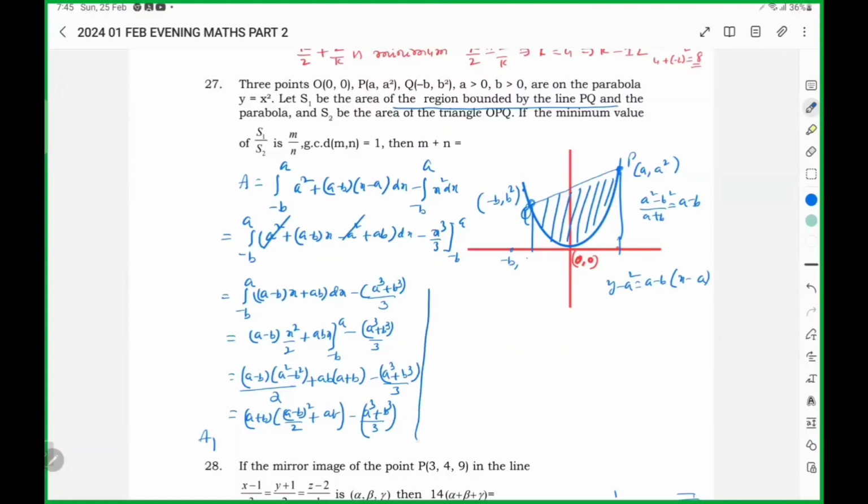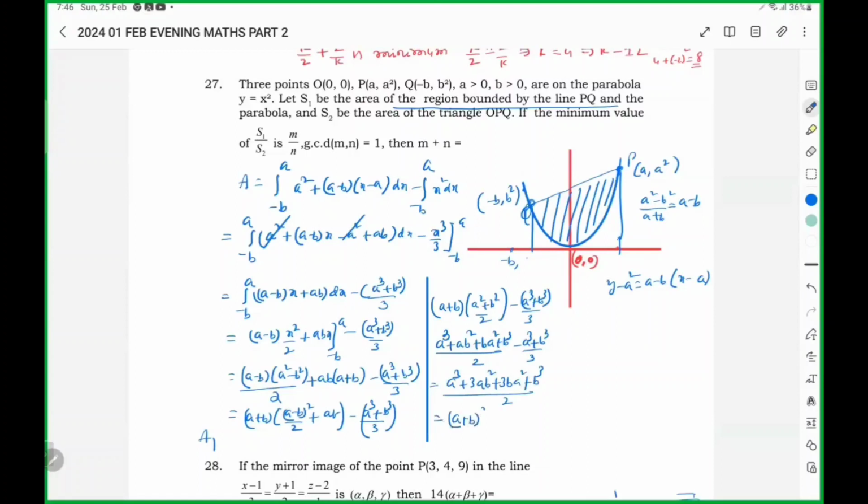After simplification, A plus B into A square plus B square by 2 minus 3A cube, 3AB square, B cube by 2, which is